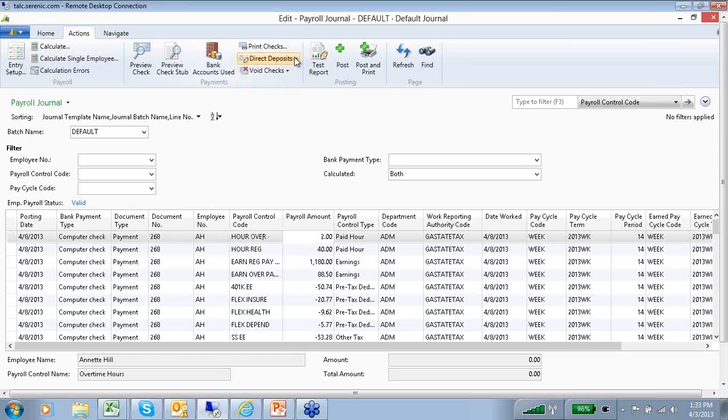Same thing with the direct deposits. It's a little bit different because with direct deposits, what we do is we create an export file in the correct format to be sent to the bank. If that export file has already been created, but not yet transmitted, then we can still go ahead and void that entry or void the direct deposit and redo everything and then recreate that export file